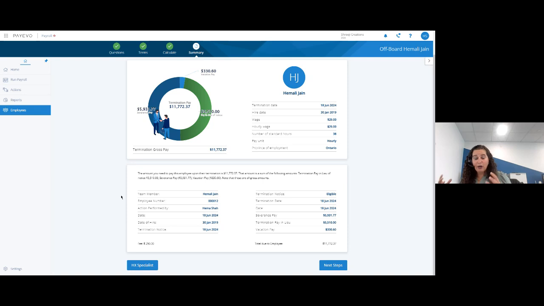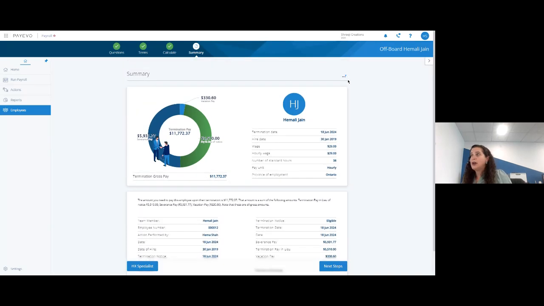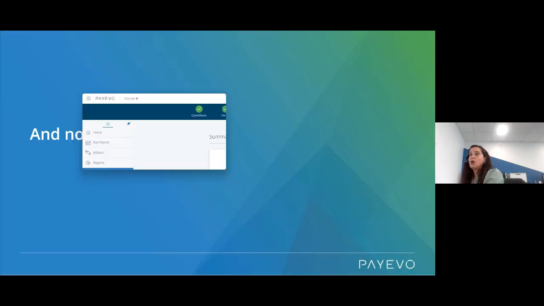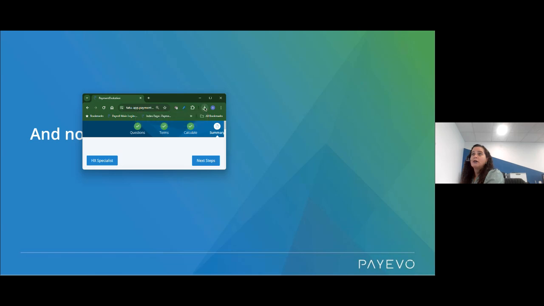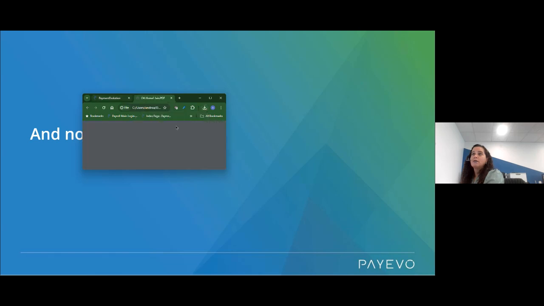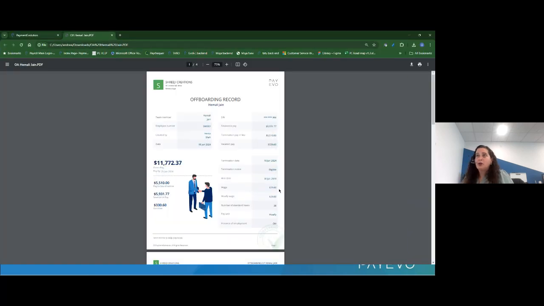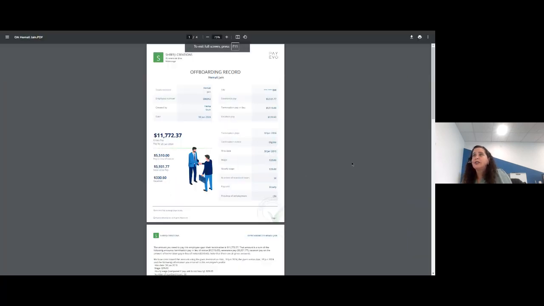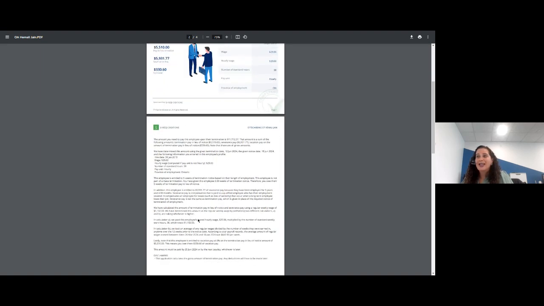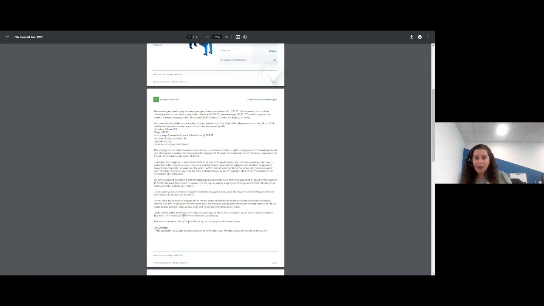This is a great overall view of what you need to do to pay the employee. But the first thing I would recommend that you do when you run this tool is go here and grab your PDF. The PDF is so comprehensive as to what you see in the record. So again, you've got all of your basic information on the first page. The second and third pages are probably one of the most valuable pieces of this tool, because not only does it break down the law,